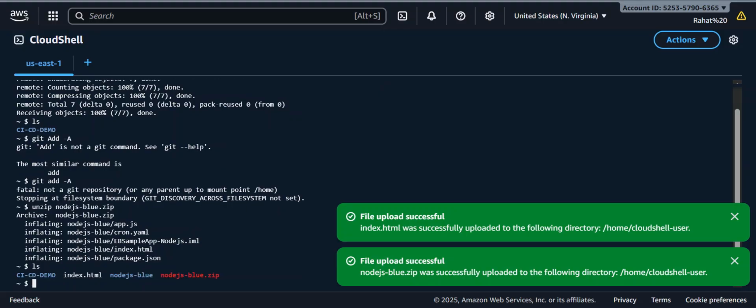Okay, perfect. So now you can see we have these files. Okay, and then now if we try to git add